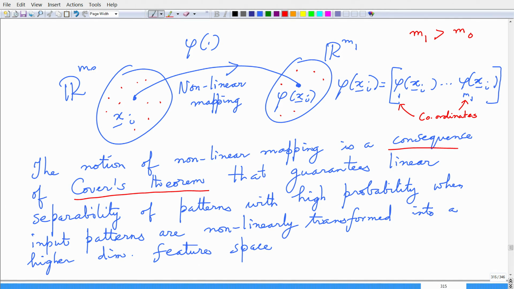And this idea from Cover's theorem, coupled with the idea of SVM design using optimum hyperplanes that are essentially playing with linear constraints, we can solve this pattern separability problem by taking inputs, lifting them non-linearly into a feature space and then applying the SVM there in the feature space towards the task that we want, right. This is the general idea.